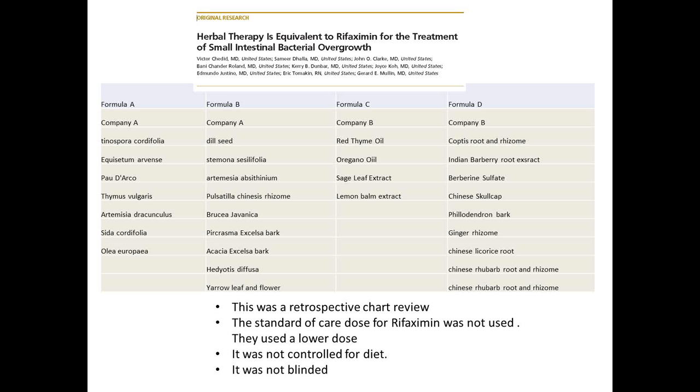They used some formulas that we're very familiar with, from companies that we all use, really well-designed antimicrobial formulas, but it was a retrospective chart review, and the dose for rifaximin was not the standard dose that we typically see used in practice. So it wasn't exactly the best one-to-one test, and there was no control for diet. It wasn't blinded,